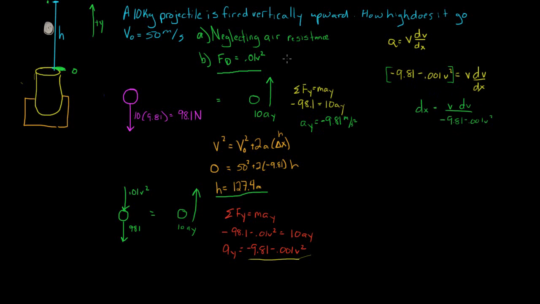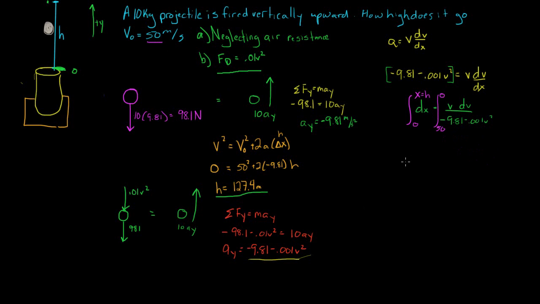And now we just have to figure out what our bounds are. We're looking for how high this goes, so let's call our x final h. And our x initial, we're going to call 0 because it starts at a 0 point. And for our velocity, when it gets to the top point, like we said before, our final velocity is going to be 0. And we were given an initial velocity of 50 meters per second, so that's what we'll put in our lower bound. When we perform this integration,